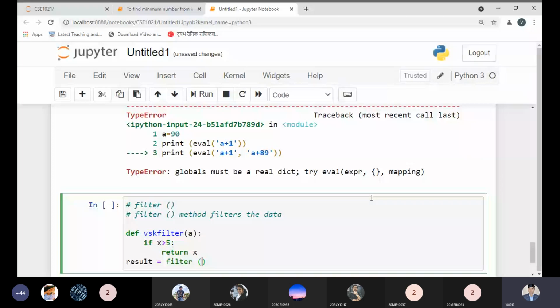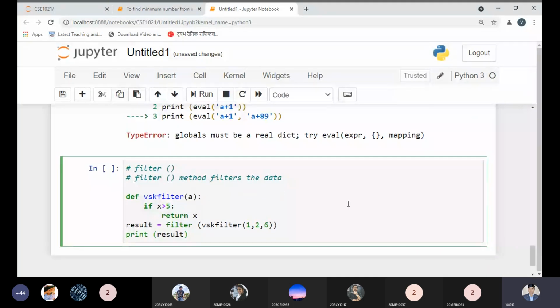Those are the filter data. I'm calling BSK filter, and I'm passing some values like 1, 2, 6, multiple values, occupied by x in the form of a list or tuple. So just let me check the output.